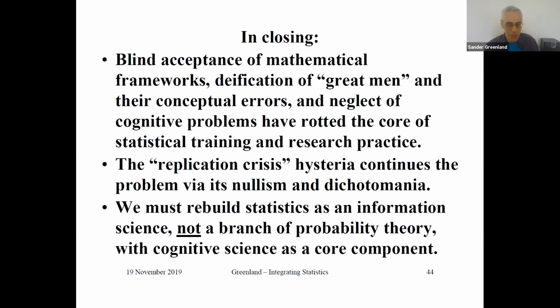And I say we must rebuild statistics as an information science, not a branch of probability theory, with cognitive science as a core component. Probability theory is an important mathematical tool in all of statistics, but it's just part of it. It's just a tool, and it has sort of eaten up the whole of thinking about these problems, when in fact the empirical evidence from the literature on how people are misusing statistics and how it's distorting the literature shows that a key component of statistics has to be cognitive science, or psychological science, if you want to call it that. That's a hard pill to swallow,